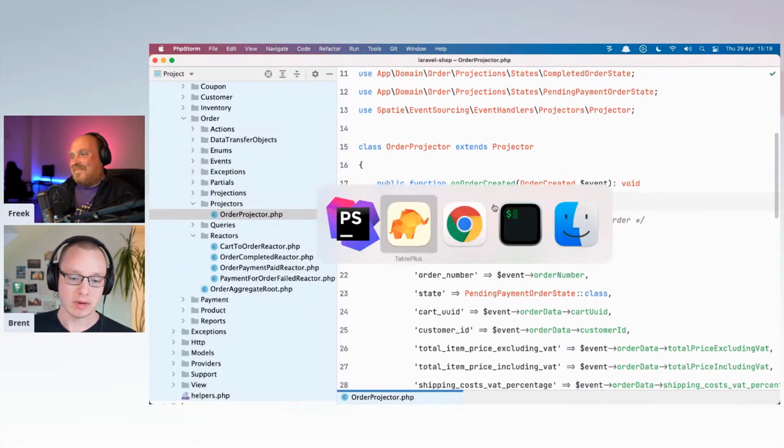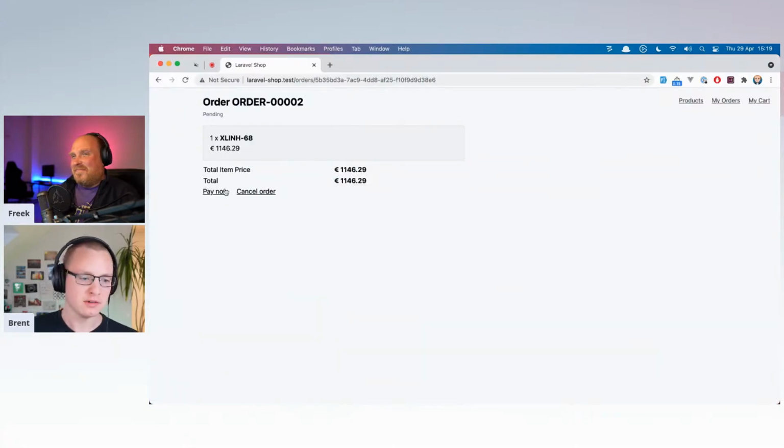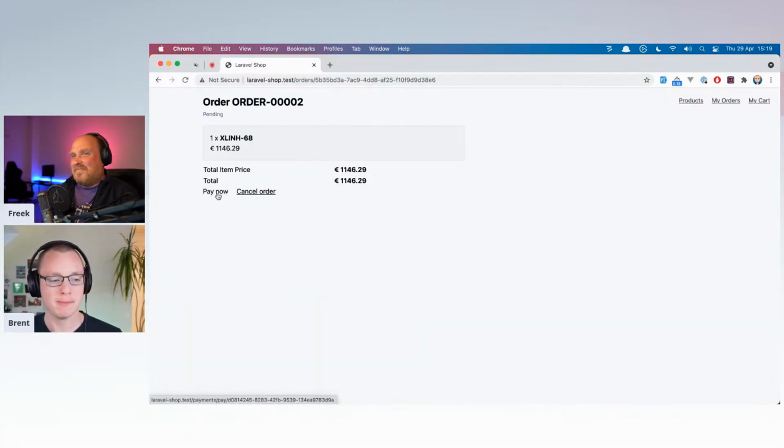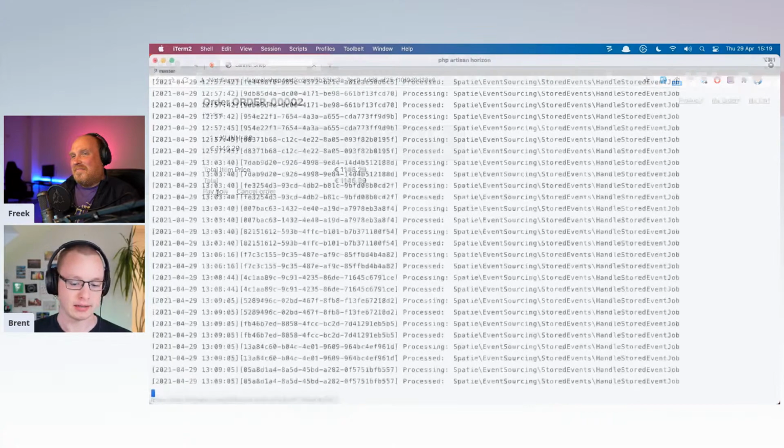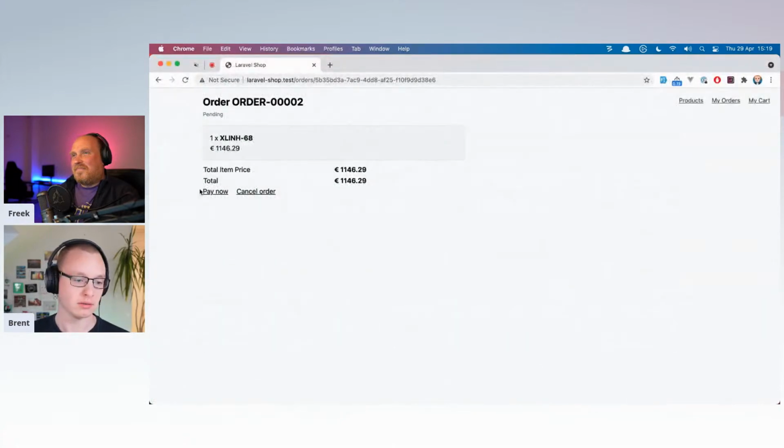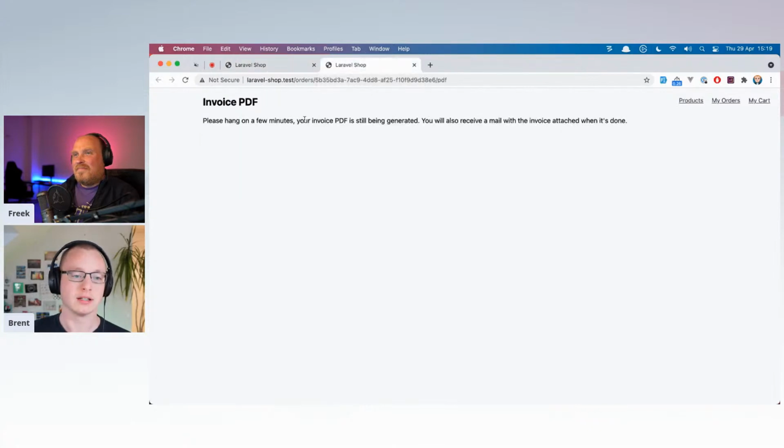Let's just briefly continue with the flow. We still have the pay button over here, and Horizon is still running. Let's trigger it, and let's go to the PDF. Yeah, okay, that's good. It's still being generated, so there's some kind of waiting screen. This is what I mean with eventual consistency.